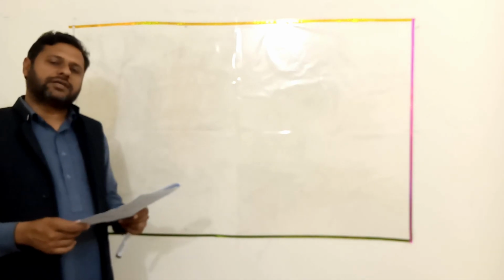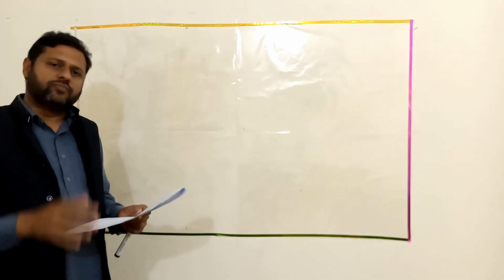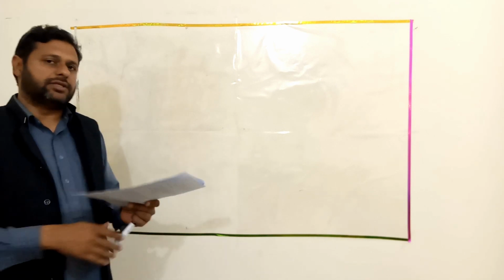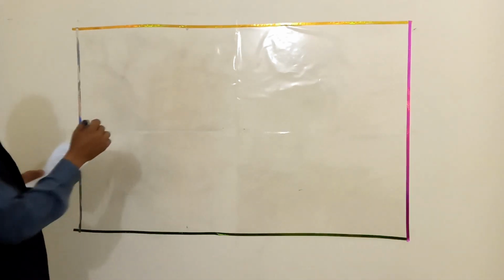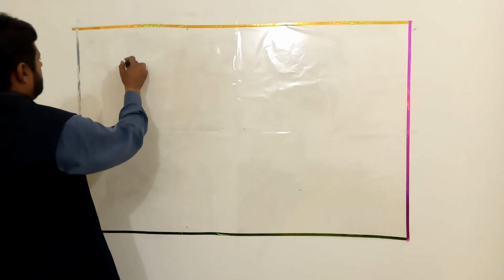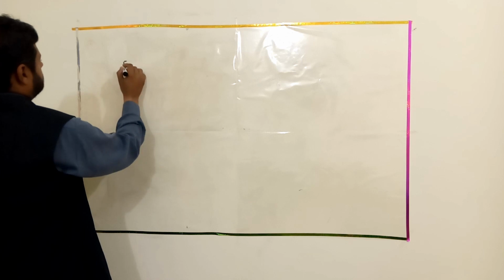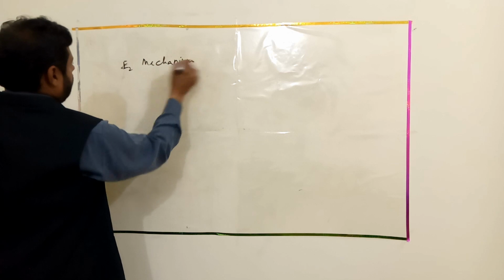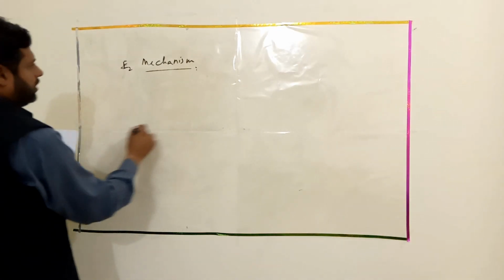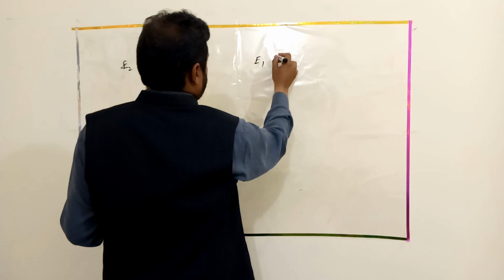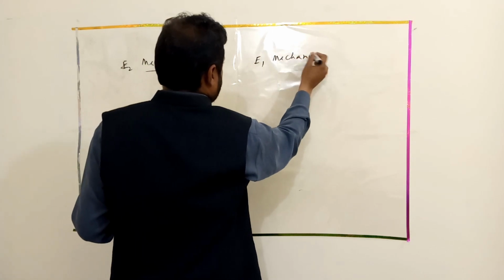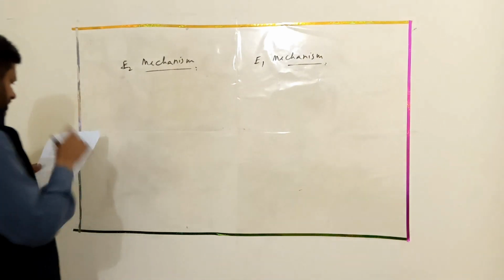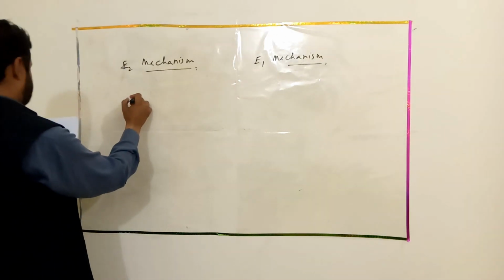As you know, in the last lecture we discussed the two different forms of mechanisms of the beta elimination reactions. Now we will discuss them in detail in this lecture. There are two types of mechanisms of beta elimination reactions: the E2 mechanism and the E1 mechanism. As you know, in the E2 reaction,